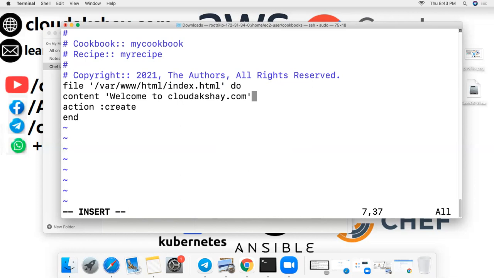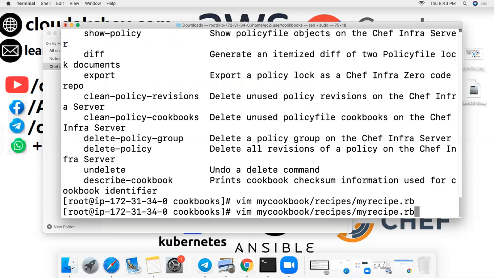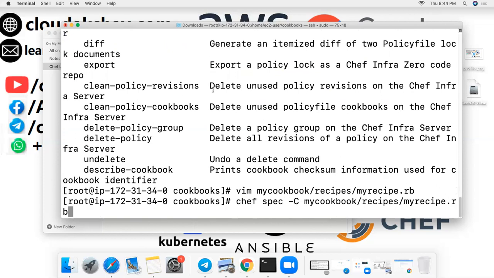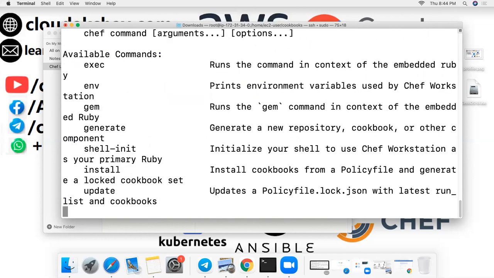This is my file path where I create Akshay, and let's check. Save and let's check once again my cookbook recipe, my recipe.rb.